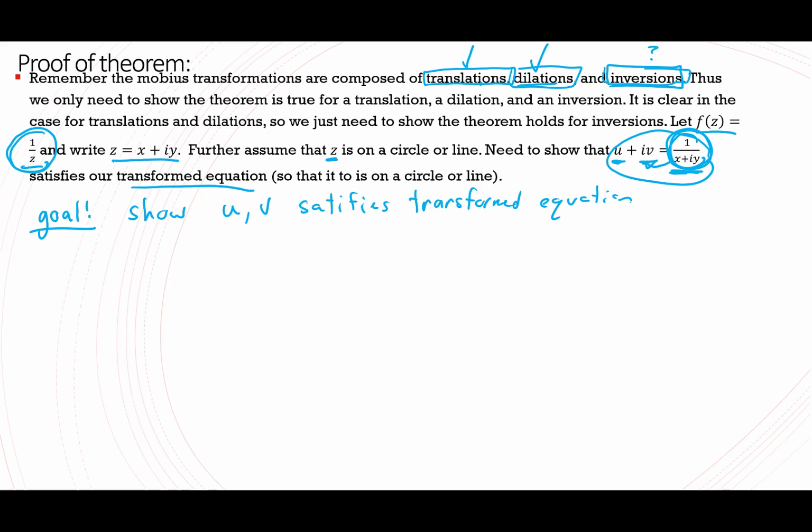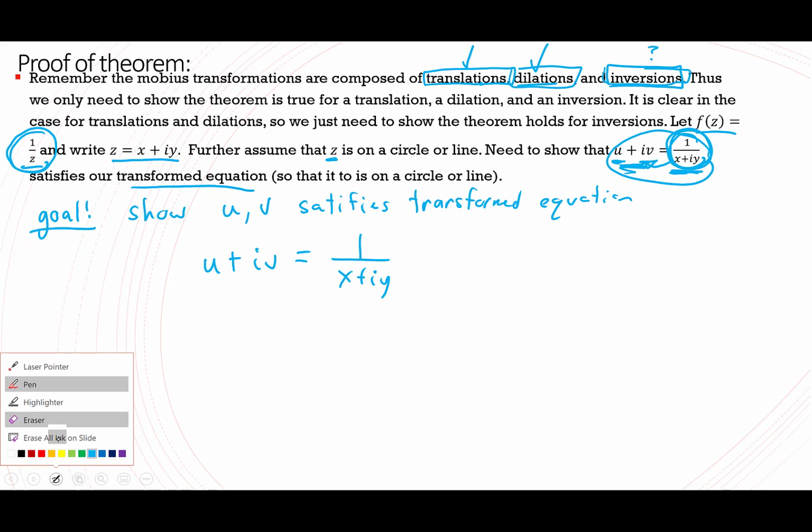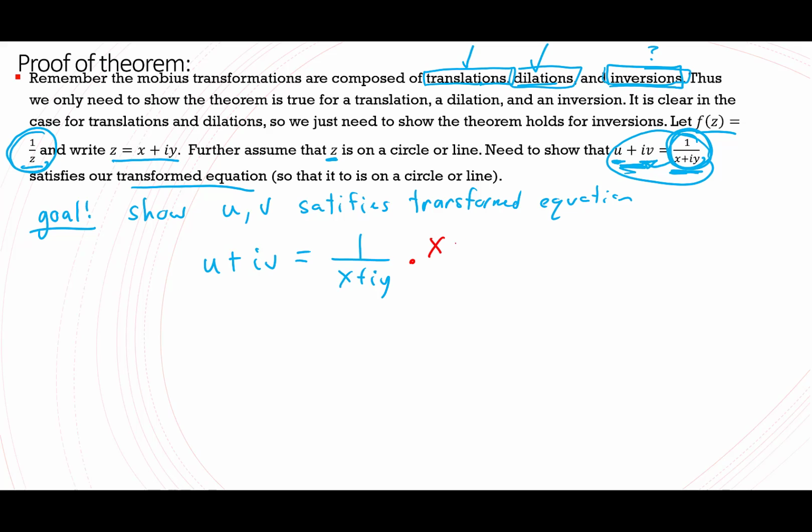All right, so the first thing we're going to do to show this is take our equation here and adjust it a little bit. So u plus iv, which we're saying is 1 over x plus iy, we're going to multiply by the conjugate. A trick we have definitely seen at some point, either in class or in a video. Now why am I doing this? Well, what are we going to get on the right-hand side? If we actually multiply everything through, we'll get x over x squared plus y squared plus i times minus y over x squared plus y squared.